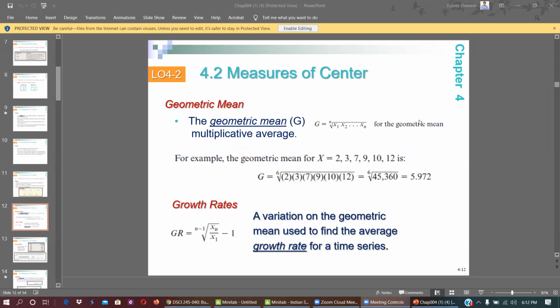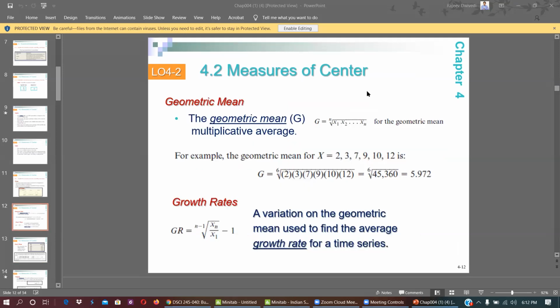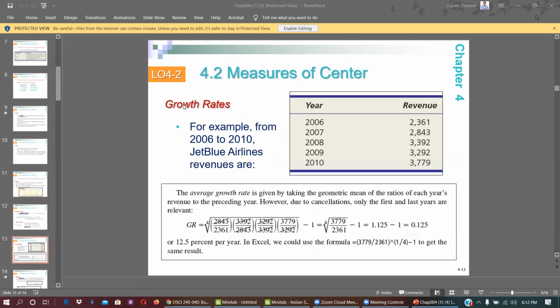Now the next thing is the geometric mean. What is the geometric mean? The geometric mean is not simply used in simple calculation. It is normally used in growth rate related time series data. A variation of the geometric mean is used to find the average growth rate for time series. And the formula is like this. For example,